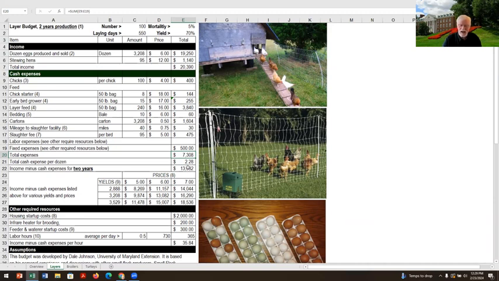All right. If I subtract my expenses from my income, I'm making $13,000 per 2 years. You have to stress that. So I'm making about $6,500 a year off of 100 hens. Okay. And, you know, if this was 200 hens, most of these are variable cost. So it's almost twice as much. Now I'm making $13,000 a year. Okay, I'm going to go back and leave the 100 in there.